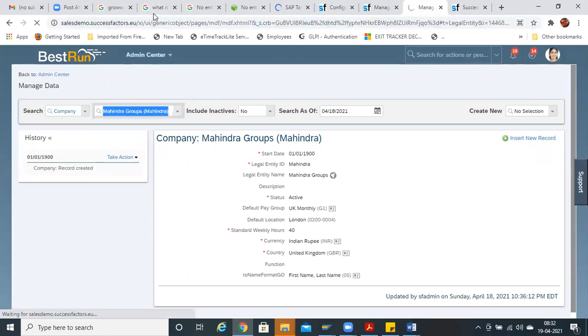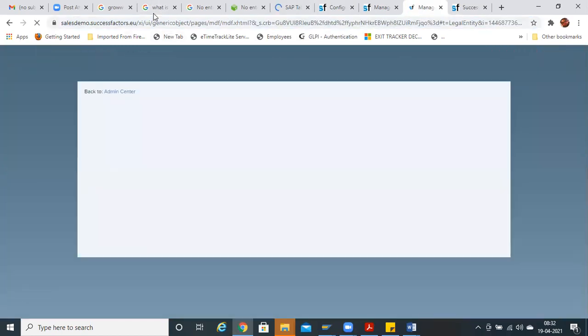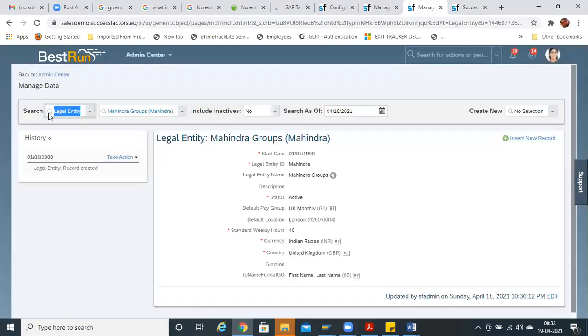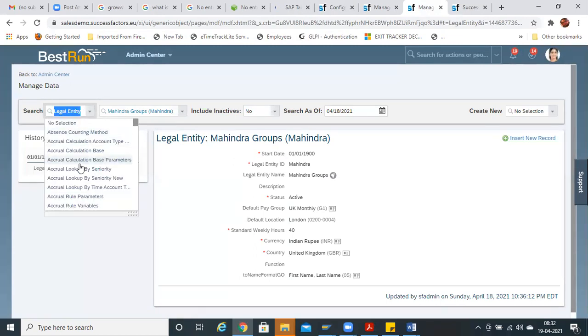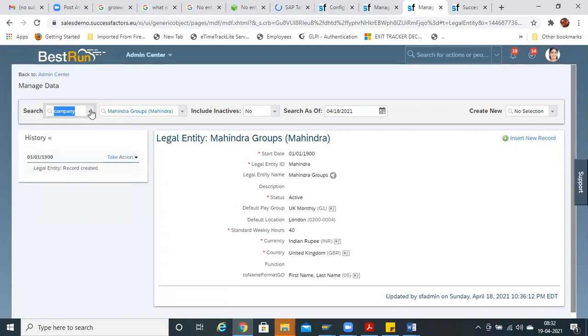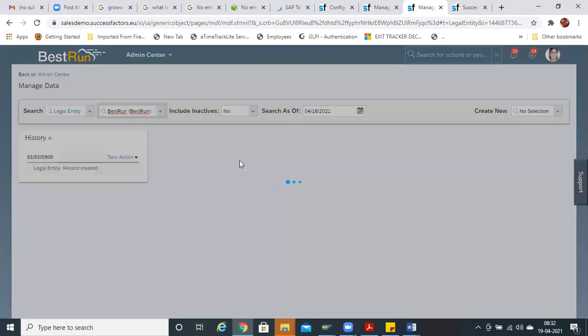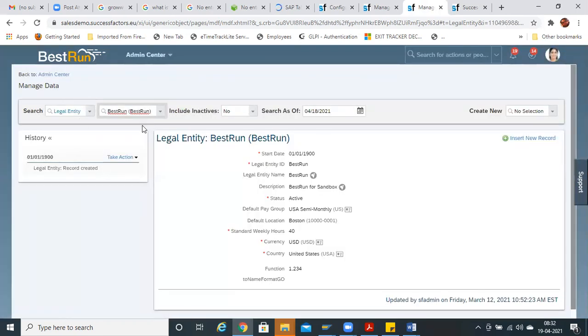So I just come here. Now if you search with company, you can't find it with company. See, the search automatically changed to legal entity. For example, if you search with company, now you can't find it because we have changed the label name. So make sure of what label name you have changed. Apart from that, just work on it. Legal entity. Now the name has been changed to legal entity. Now you can search via legal entity, or you can create any object via legal entity.